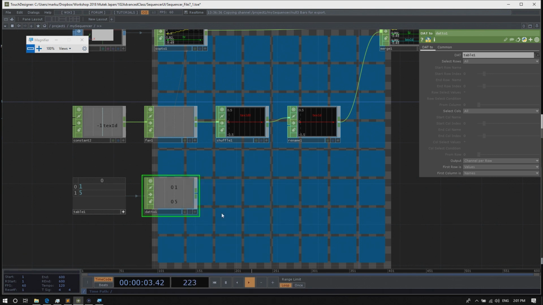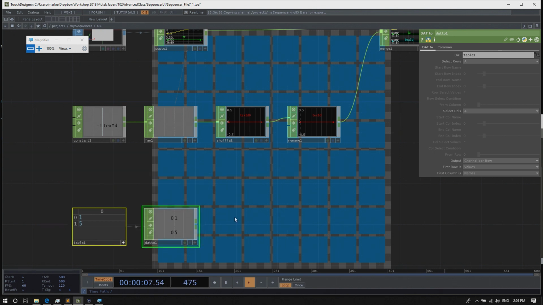So I know which ones are on, and for this select state, we again need one of those long channels, like the channel that's 64 samples long.